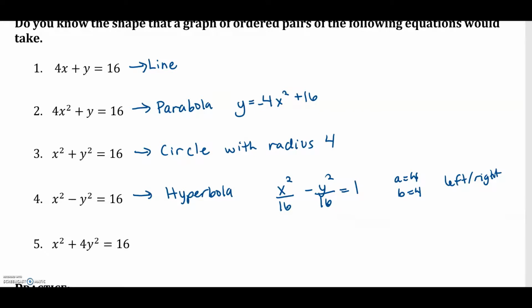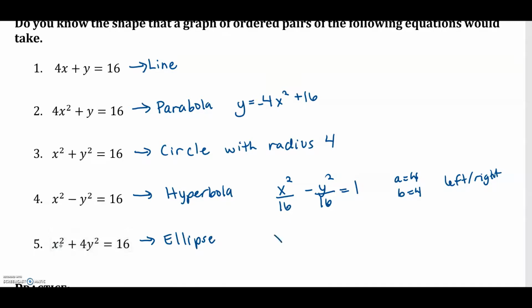And last but not least, we have x squared plus 4y squared is equal to 16. Note that we have the sum of two terms with squared variables, and the coefficients in front of the two squared terms are not the same. So we have a coefficient of 1 and a coefficient of 4. This will be an ellipse,